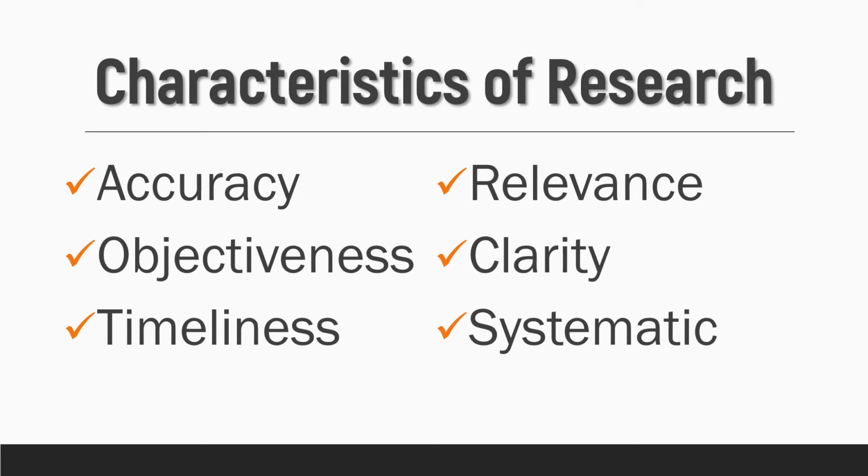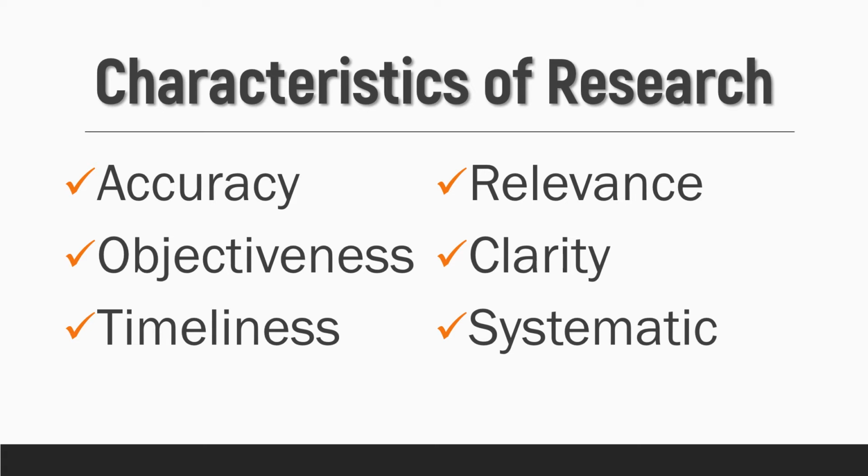We use formal words because research writing is also a form of formal writing. So we have to achieve formality when it comes to our language, our vocabulary, our choice of words when we write our research. Clarity should also promote accuracy because the more clearly you present your ideas, the more accurate your information is in your research. Lastly, we have systematic as a characteristic of research.